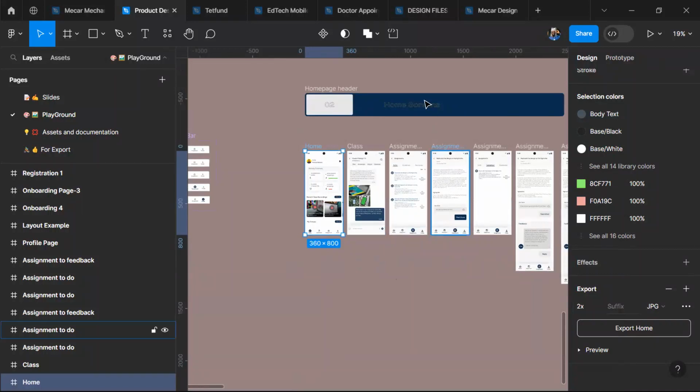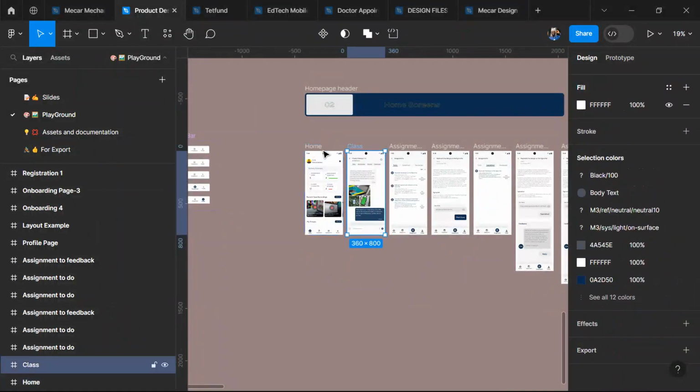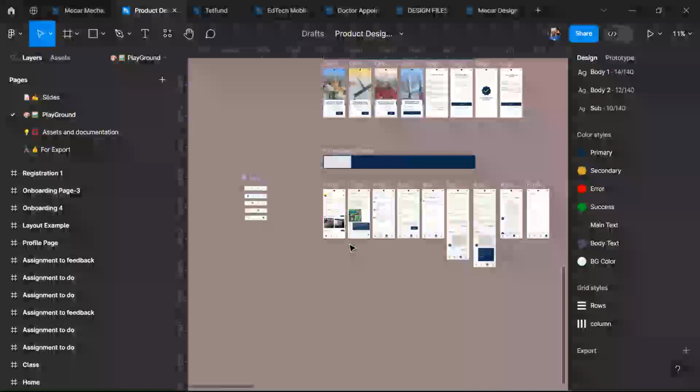There are also some other things for exporting, if you want to export for showcasing on your social media platform, like your Twitter or LinkedIn. You won't just export like this. There are some things you can do. For example, if I click on frame now,